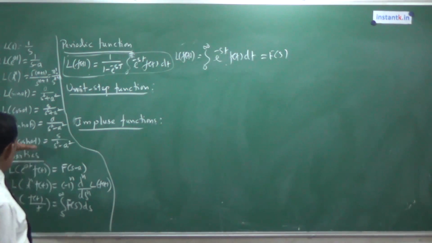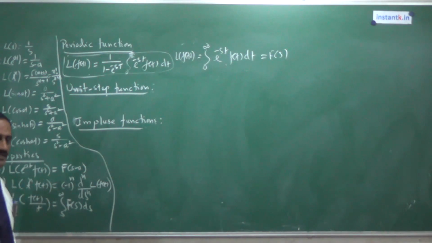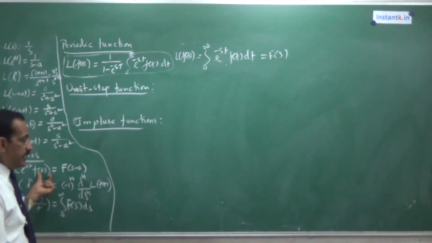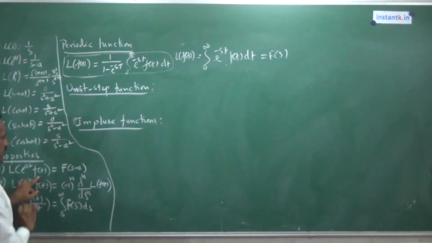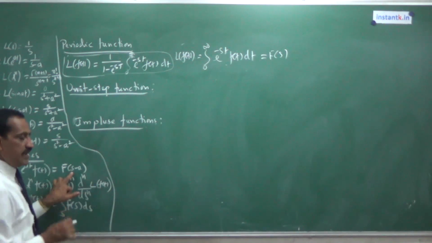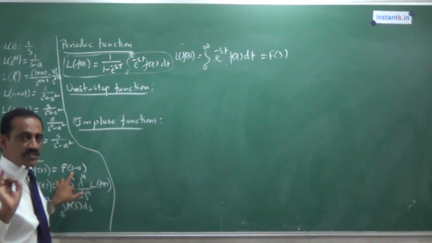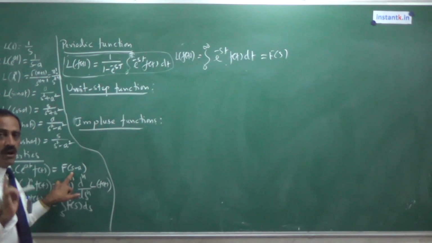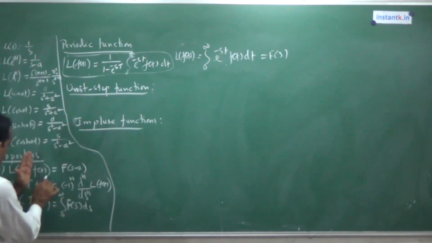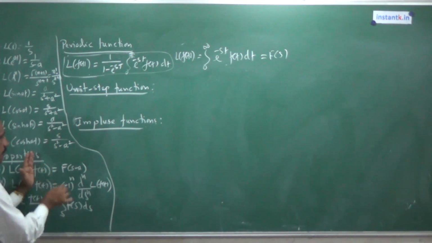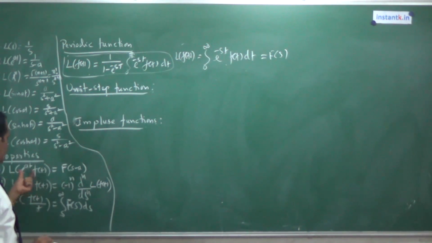Next, some 3 properties are there. What are these properties? If you know the Laplace transform of a function f of t, let it be F of s. Then, if f of t is multiplied by e power at, the answer is obtained by replacing s by s minus a in the Laplace transform of f of t. So, a simple rule, it is called the first shifting rule. Using this property, we should know how to get the Laplace transform. So if you know the Laplace transform of f of t, let it be F of s. In the answer, you replace s by s minus a. So that is Laplace transform of e power at into f of t.